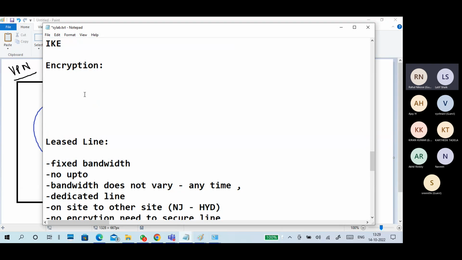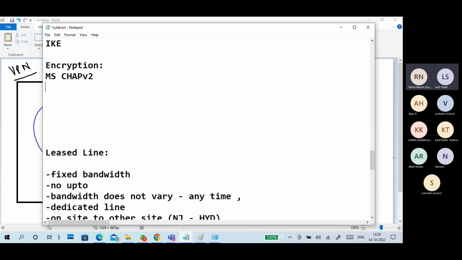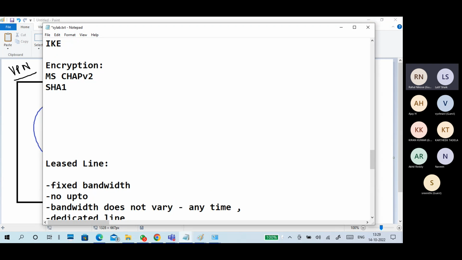Different types of encryption are there. One of the encryption methods I'm writing here is MS-CHAP version 2. Okay, SSH, SHA-1, SHA-2, RSA.